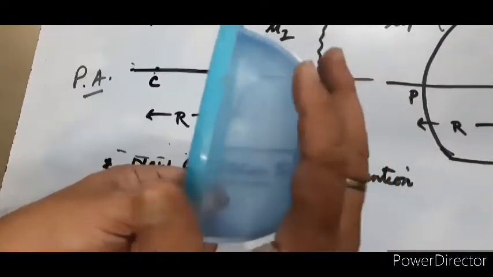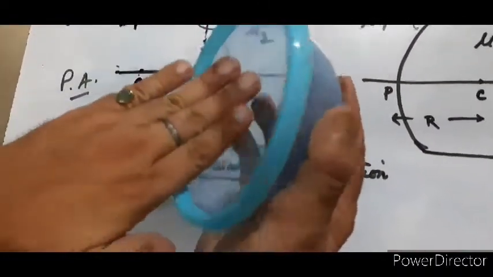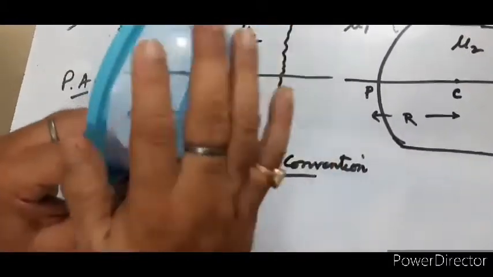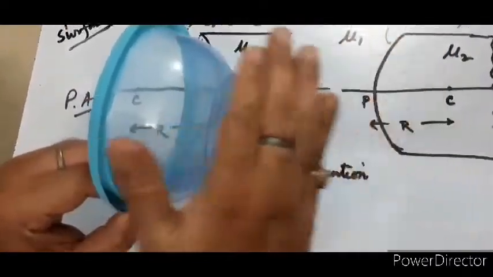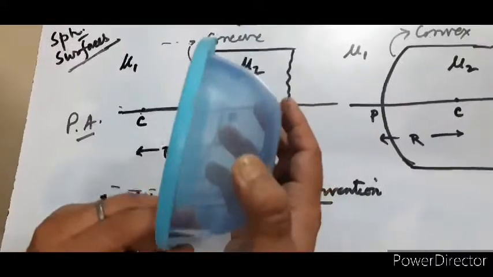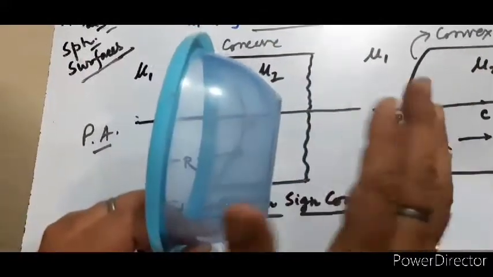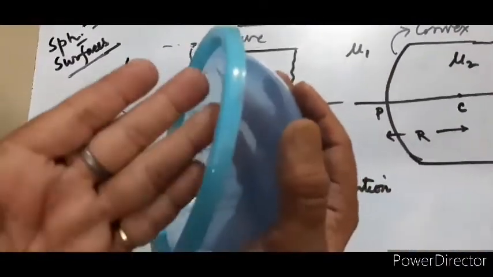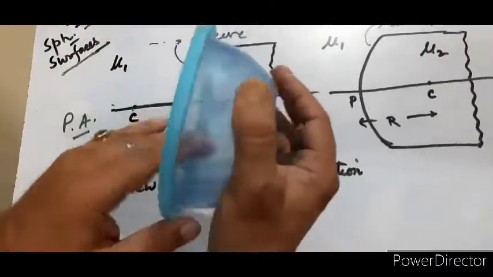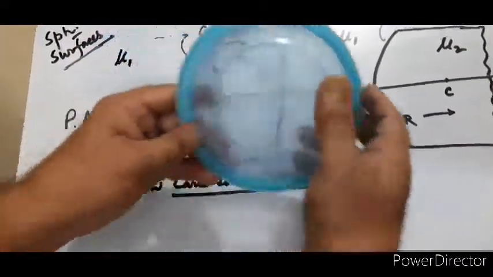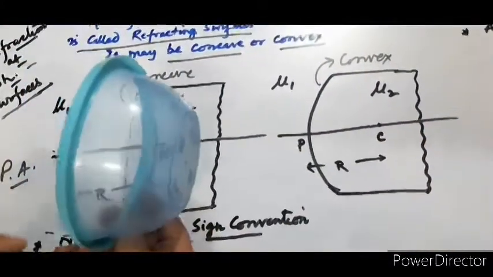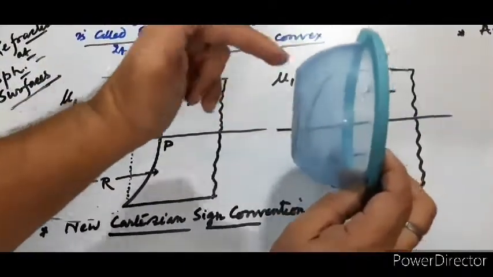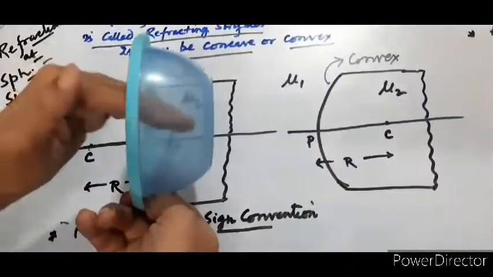A spherical surface is like a concave. If we are talking about a concave, this is the dipped part. This is the concave, here the pole and this the center of curvature. In fact here the material is not there. I have taken a simple plastic bowl. If the material is there, then we have to say this is a thick refracting surface. Only to show the concave and convex, this is the concave part and this is your convex part. Refraction occurs from here in case of convex, and here reflection occurs from this particular part.